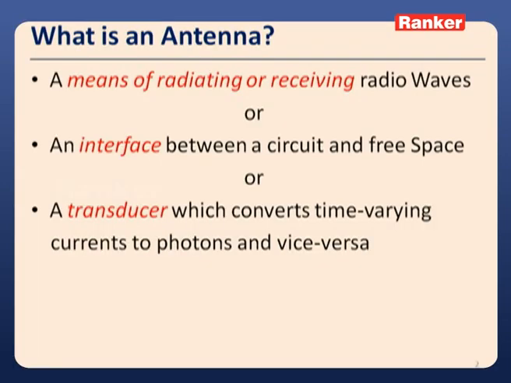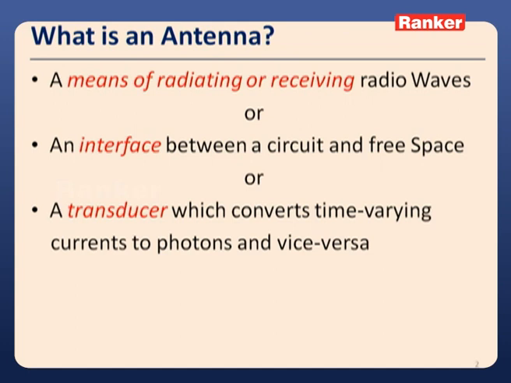So the antenna definition can be taken like this: a means of radiating or receiving radio waves. So it can radiate radio waves or receive radio waves, or an interface between a circuit and free space. As I said, till the antenna we have a circuit. That circuit can generate an audio signal, a video signal, or an image. All these things are just electrical signals in the form of voltage and current. Now that voltage and current will be converted to E and H. So simply this can be taken as an interface between the circuitry that we have and the free space,